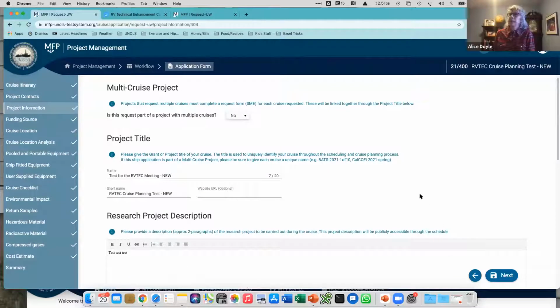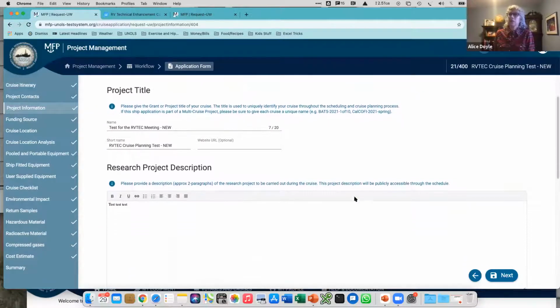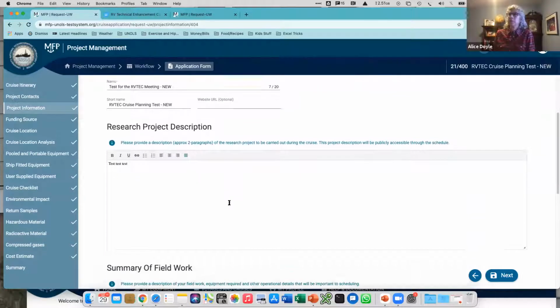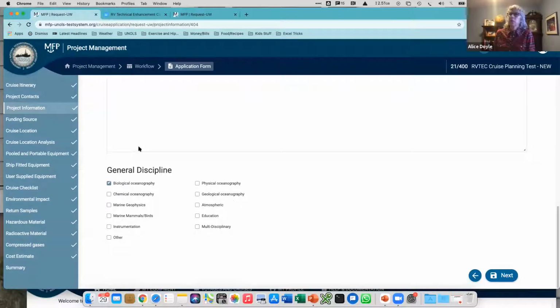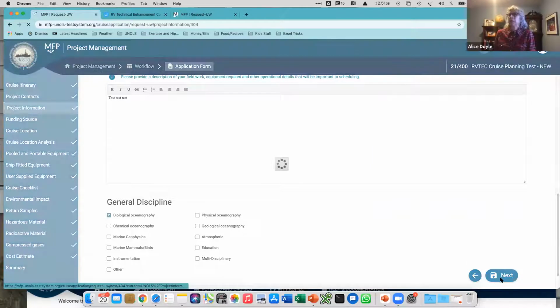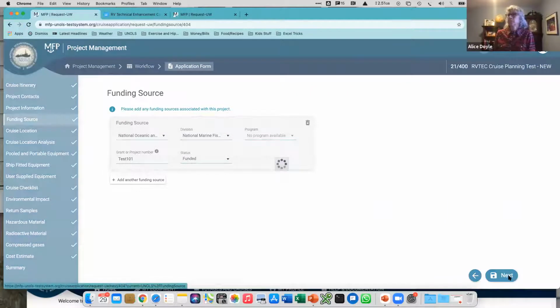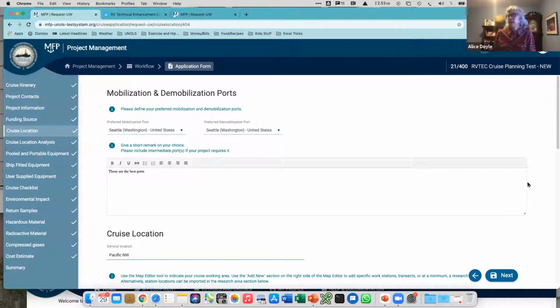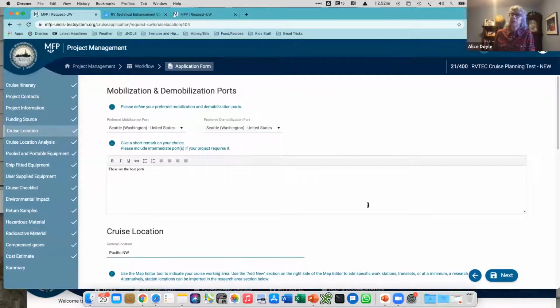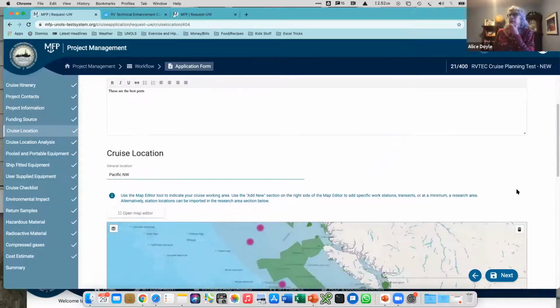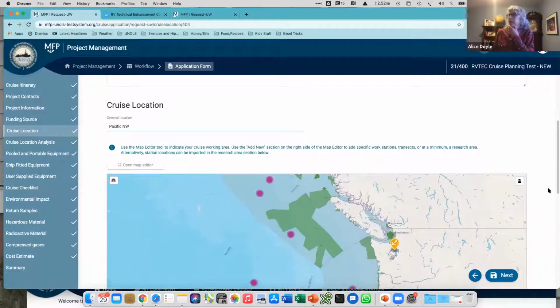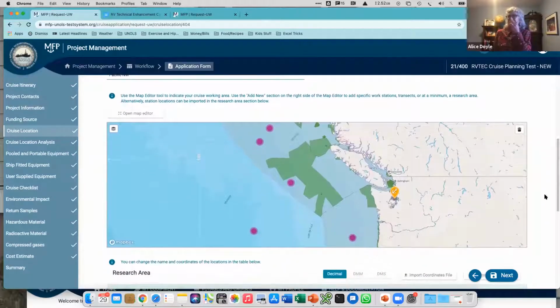Project information, again, this is all information. These are questions that were on the SME, so research project description, their summary of their field work, their general disciplines. And again, they can change all this now or add to it if they choose to. Funding source, again, from their SME. Cruise location, so there's preferred mobilization and demob, again, pulled from their SME. General location pulled from their SME. And now we're hoping that this nifty tool that's within the cruise planning